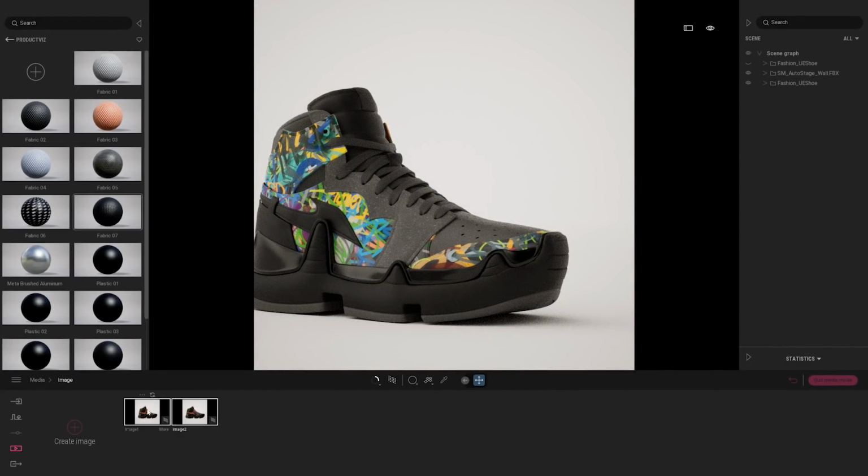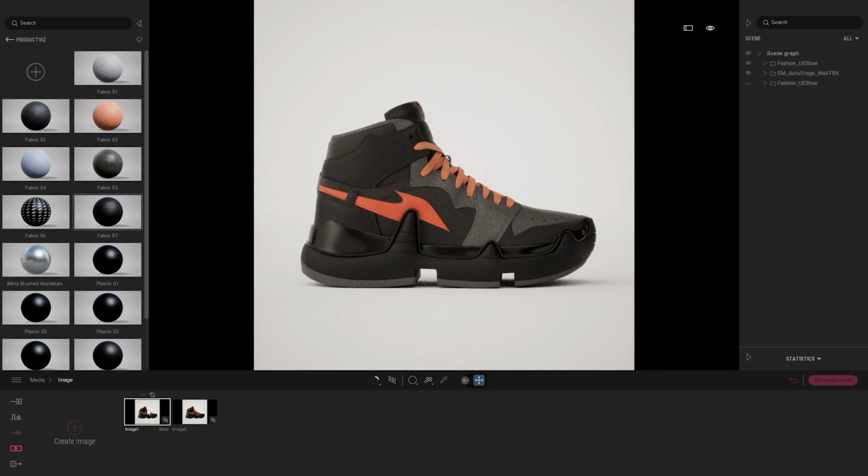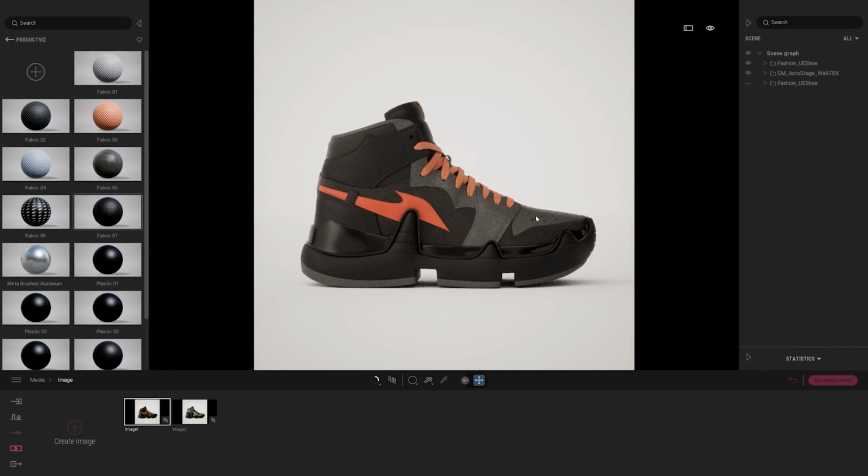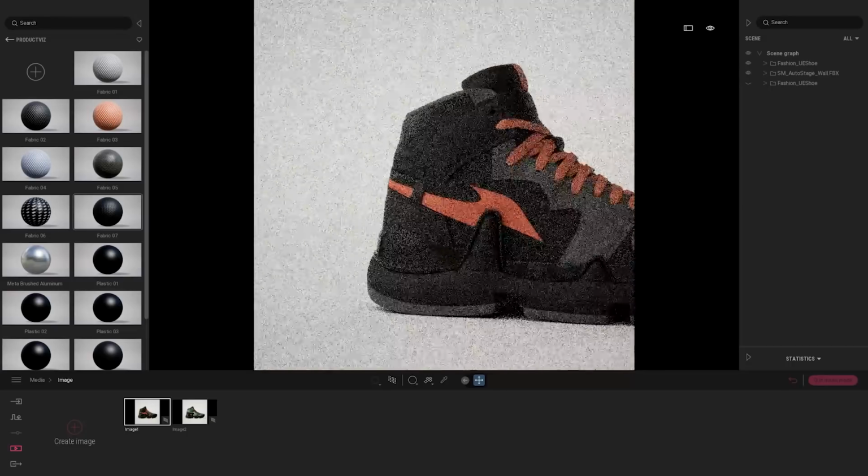Coming back to my media, now I have that first image containing my first shoe and that second image containing my second shoe. So now that I'm done with that, I can maybe create some new points of view based on those images. Actually, I just noticed that I didn't refresh the thumbnail of that new shoe, that new variant. So here I'm just simply clicking on refresh to memorize the new material set we just created. So now to create new images, I will simply start to navigate inside my scene.